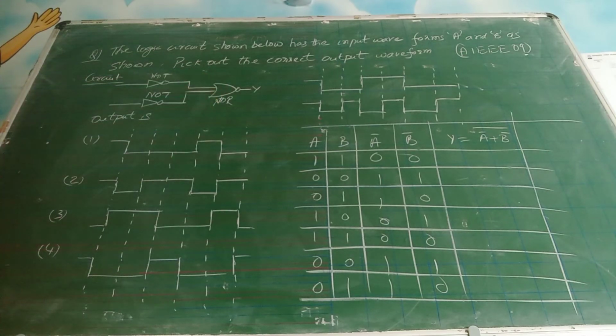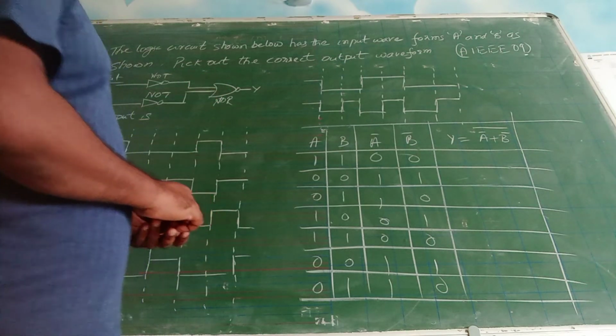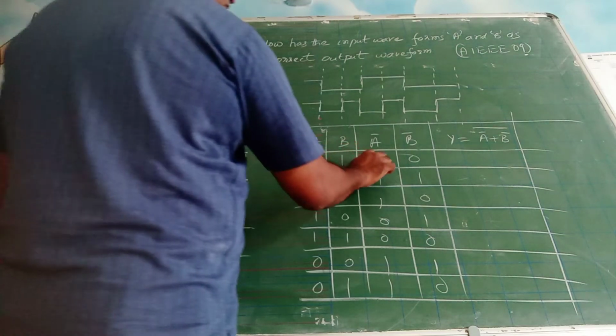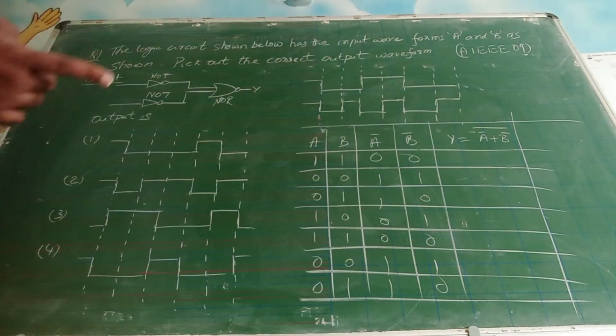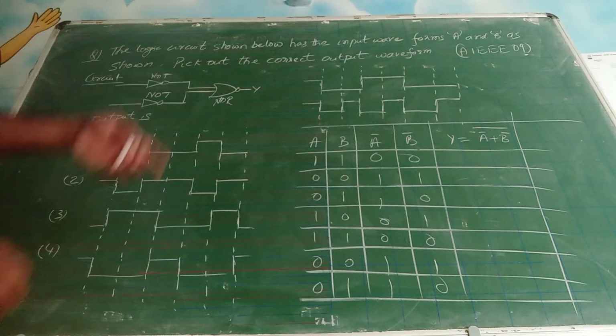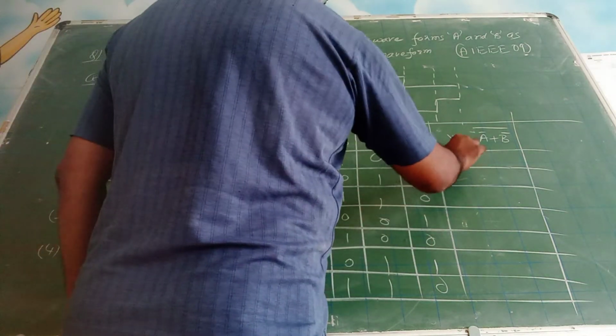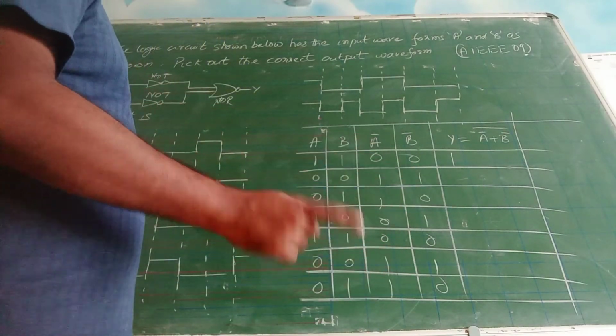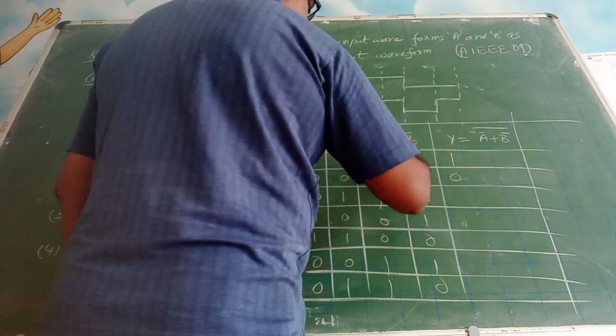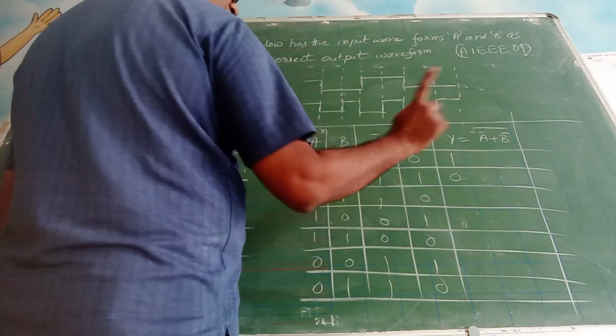So here if there was an OR gate, what will happen? So you have an input now 0 0. If it was an OR gate, the output would have been 0. But because this is a NOR gate, the output will be 1. 1 1, OR gate will make it 1, but because this is NOR gate, 0. 1 0 you will get 1.